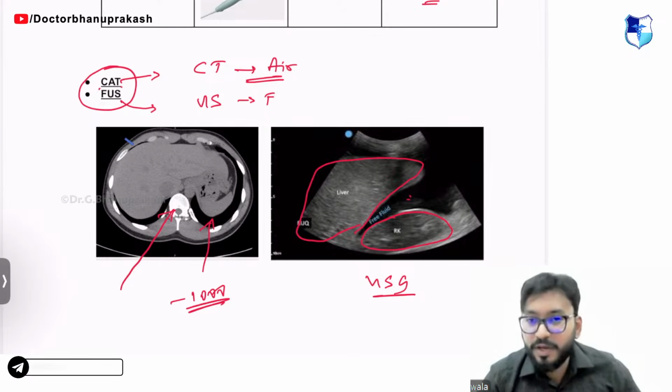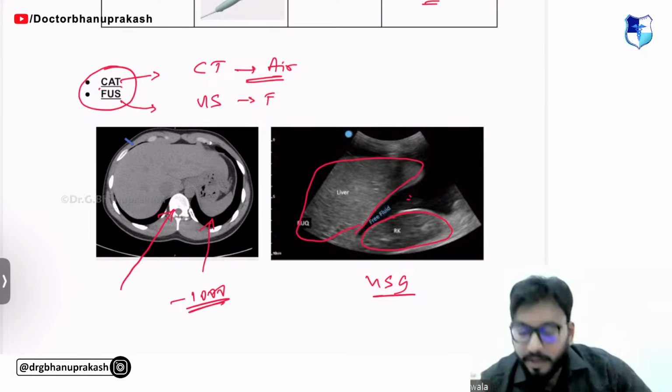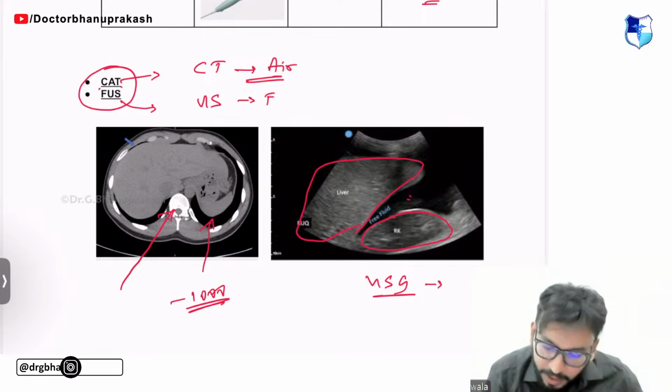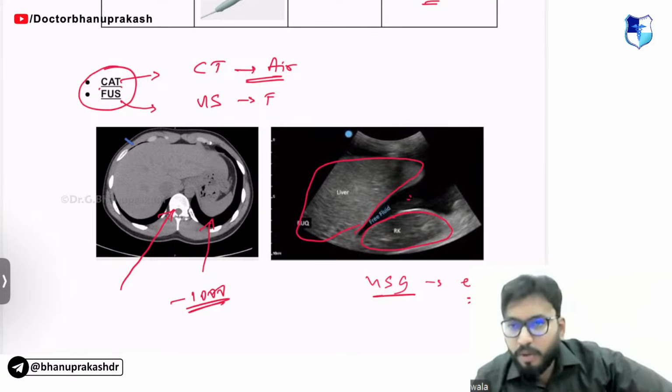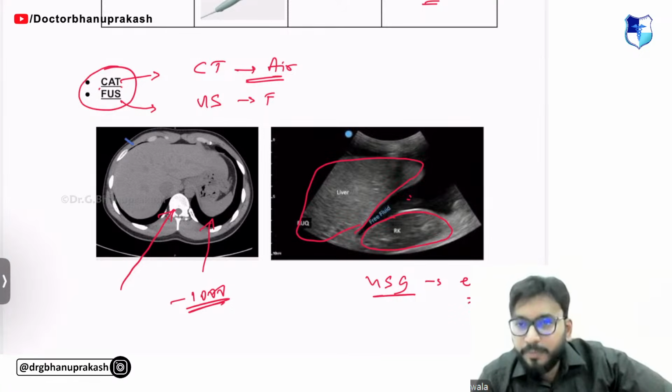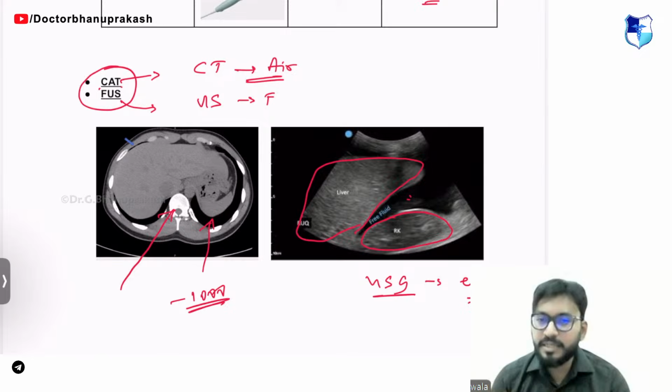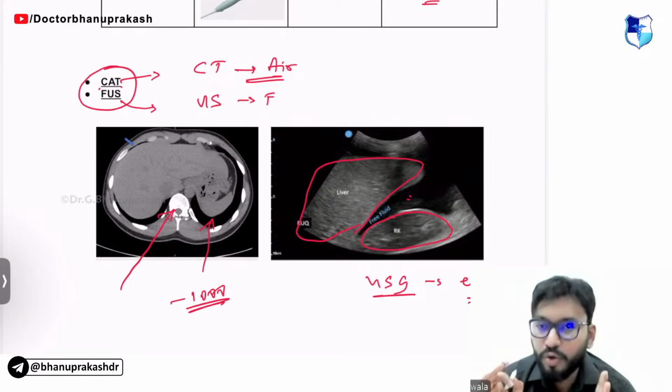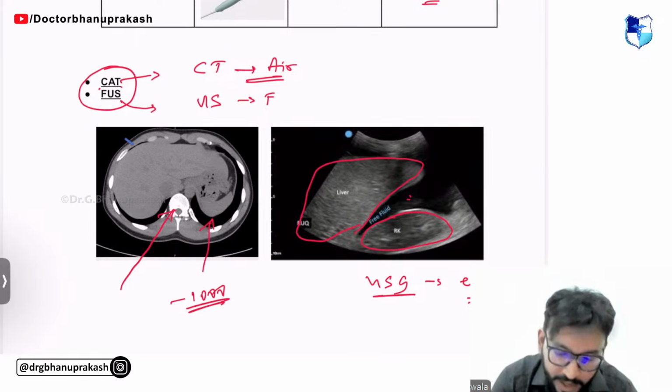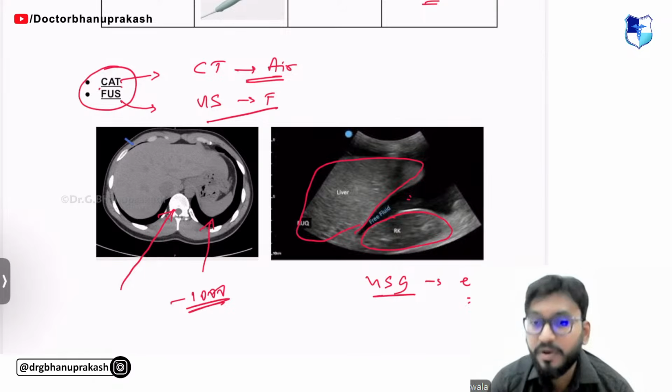Okay, guys, what is fluid? Which fluid can be there? It is usually blood. So to look for blood, this investigation is usually a part of what we do, EFAST. In a patient who comes to you with blunt abdominal trauma, you subject him to an EFAST. EFAST is nothing but an extended FAST, an ultrasound, a sonography to look for what? To look for fluid. Why? Because fluid is the best friend of ultrasound.